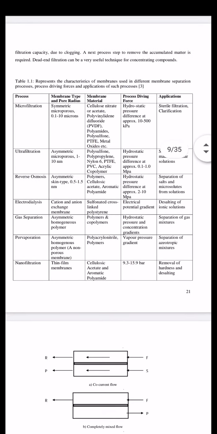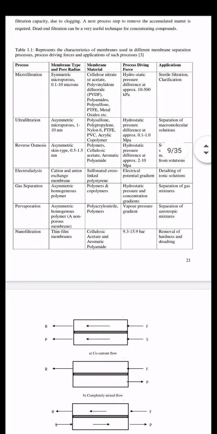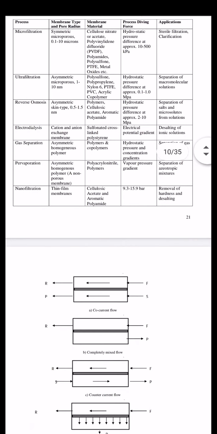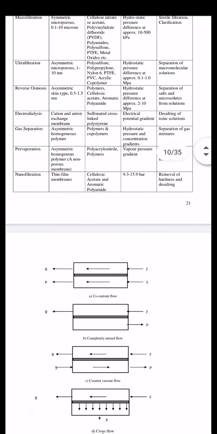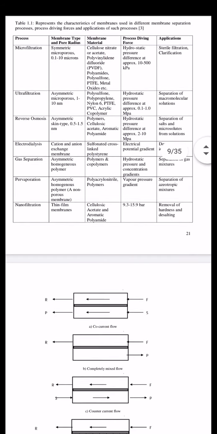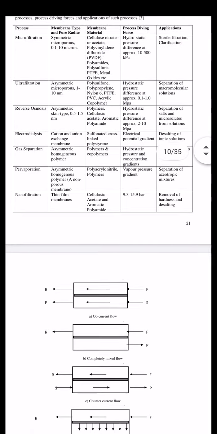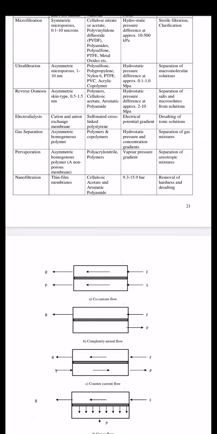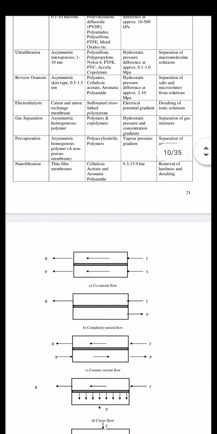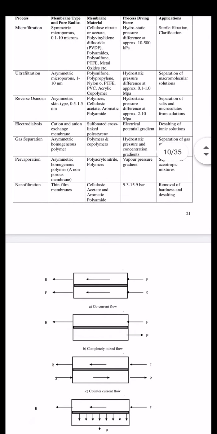The countries which are surrounded by the sea, like Israel, are using such portable reverse osmosis units where the water from the sea is separated, the salts are removed and the water might get potable through this process. So the reverse osmosis process is also one of the most important processes. Now, the next process is gas separation.